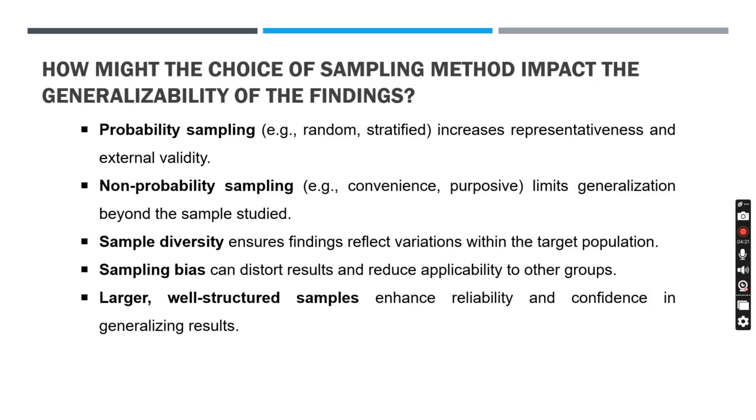And also if you have a large sample, that means you are going to have better reliability and better confidence that the results you find could be generalized to the large population. So that means if you are using probability sampling, you are going to have better chances of generalizability. Non-probability sampling will reduce the generalization. The diversity of the sample will ensure the generalization, the bias reduces the applicability,